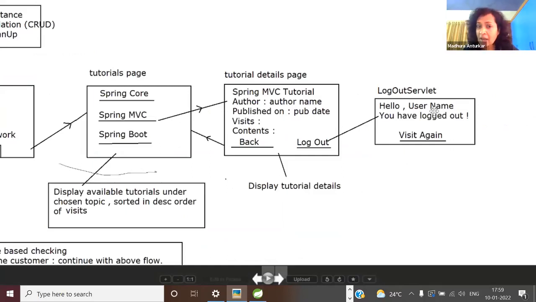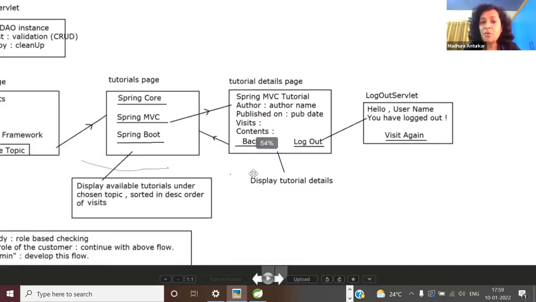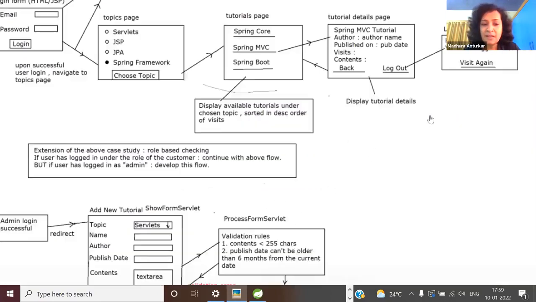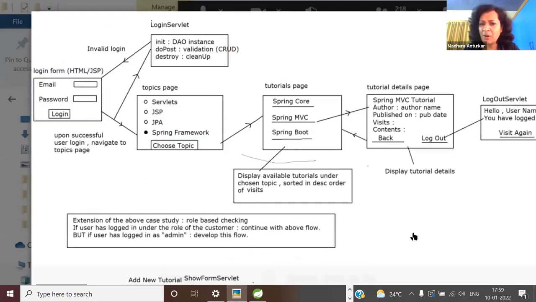That is, you'll be remembering the client from login to logout, all session, everything we'll discuss, and then you will give a link to visit again. And of course, this is under the admin part, so forget about admin.